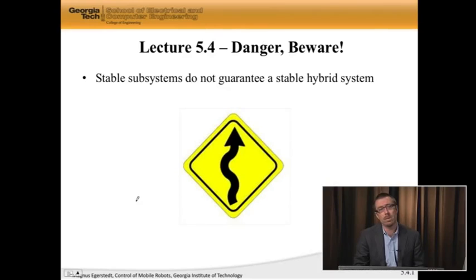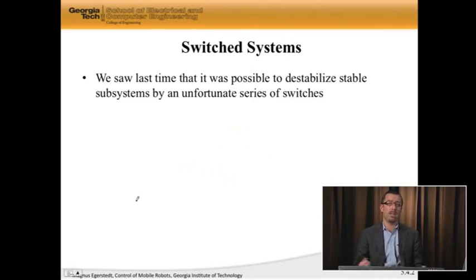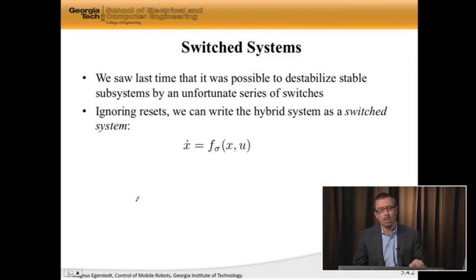And it's not always so easy to ensure that the overall hybrid system is stable, even if the subsystems are stable. In fact, we looked at a counterexample that allowed us to destabilize, which means drive the state off to infinity, by being unlucky or unclever in how we transitioned in and out of the different modes. So if we ignore the resets, meaning there are no reset maps,